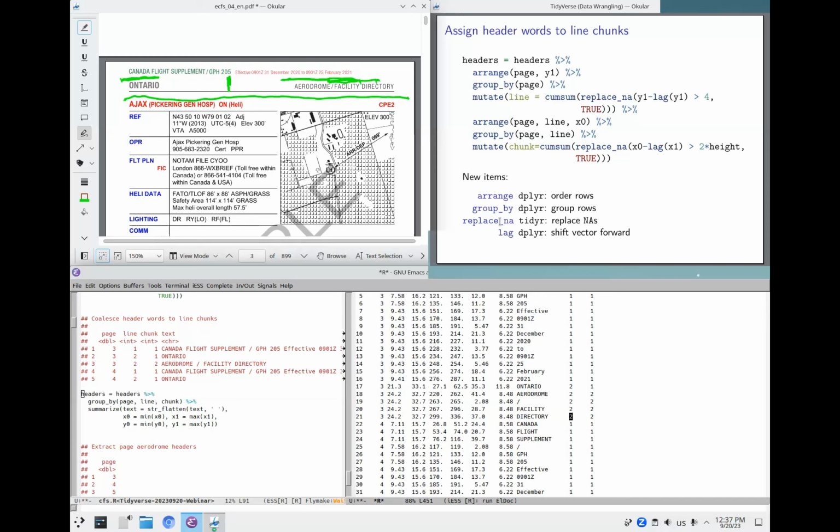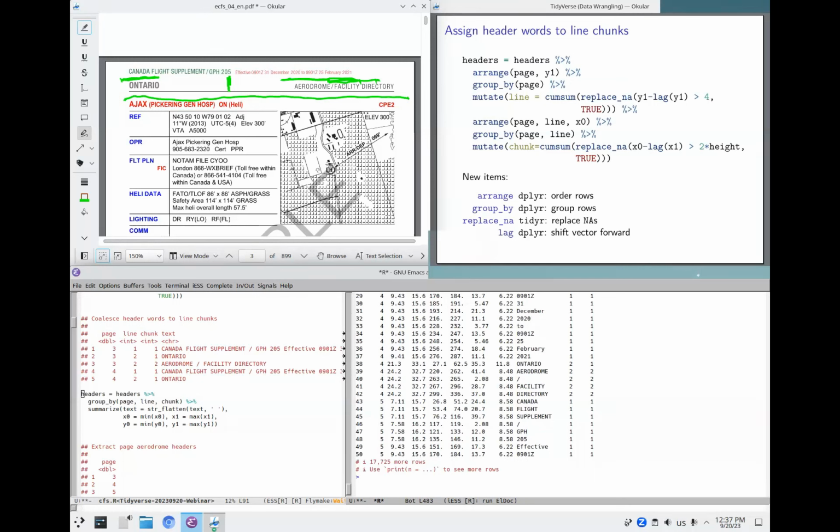R has all its data formats have an option, basically a null option. So missing data, because it's so common in statistics, has a special representation, NA. And we have lag, which shifts a vector forward. So I'll just show you quickly how lag actually works. So if we got lag and say we have c(1, 2, 3),